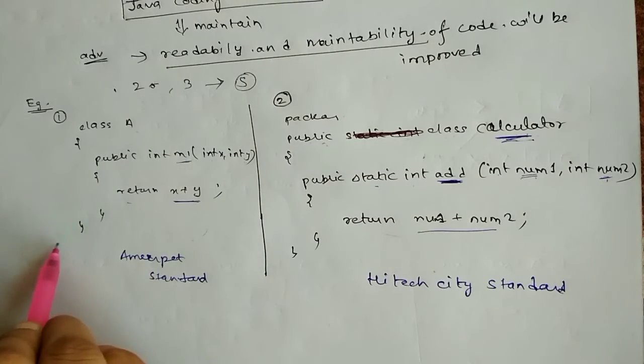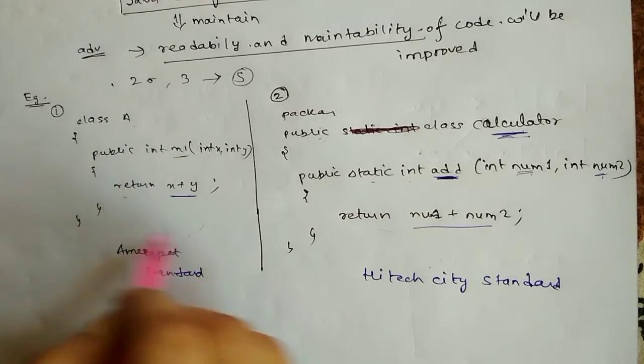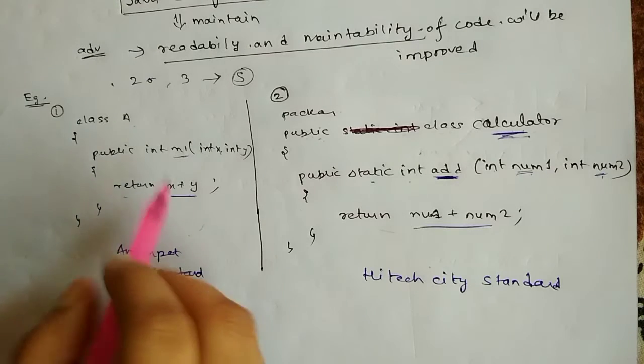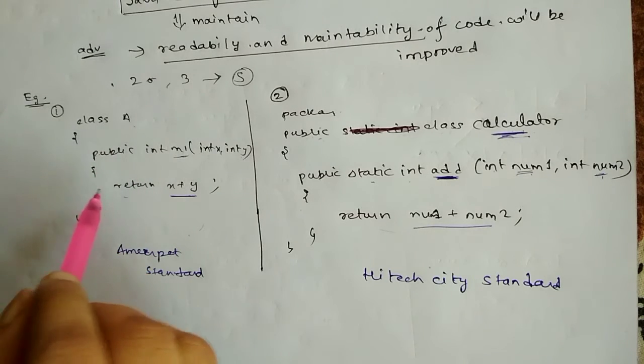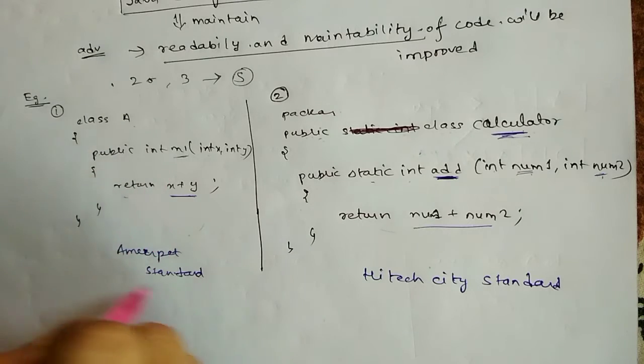So there is no error in both codes, so both will run fine. But if we write this code, we will be able to understand it, but if I give this code to some other person, unless they look into the whole code, they won't be able to tell what the code is about, what the class is about.